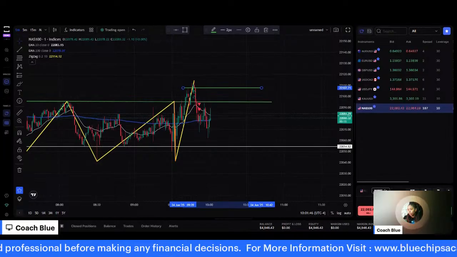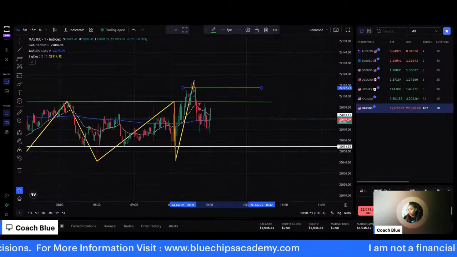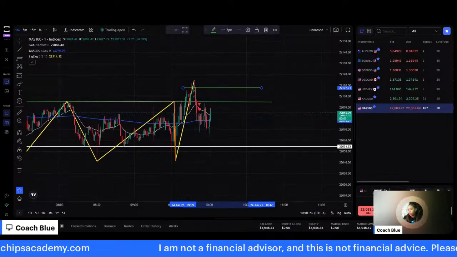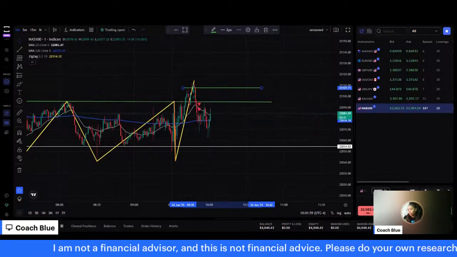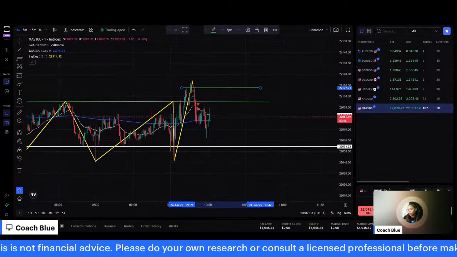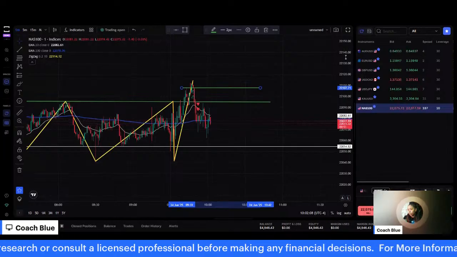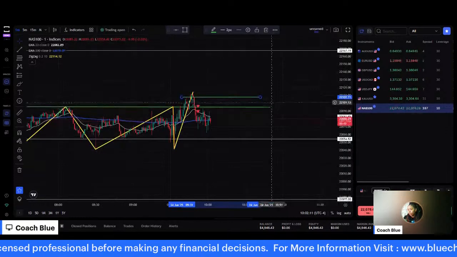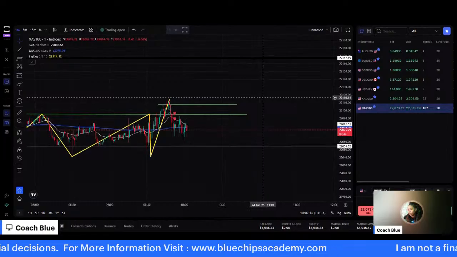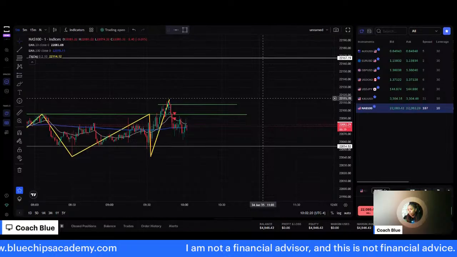Be prepared. We might get a big candle that pops out of nowhere, so also be prepared for that as well. Sometimes that happens with news. We're about a minute in from the news, so let's see if we get any updates here. I'm not listening to it right now, but sometimes it's kind of cool to listen to what they say and see how price responds, and understand how it's all connected. All right, let's see.